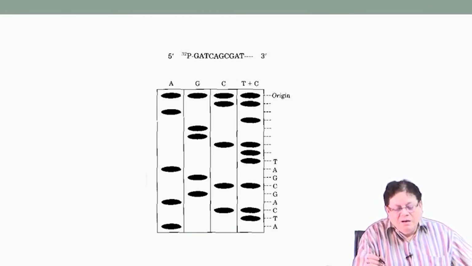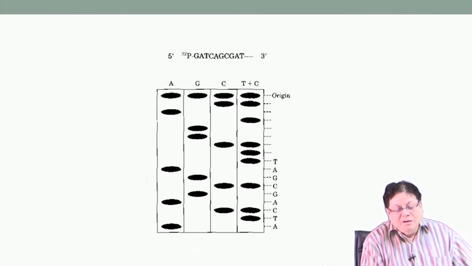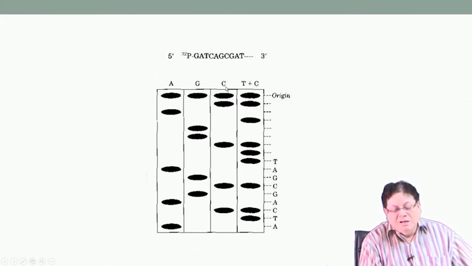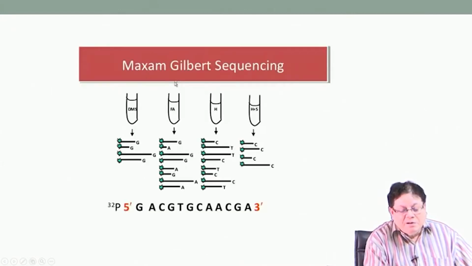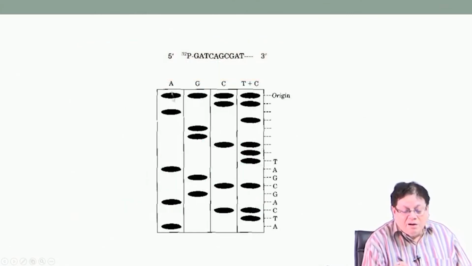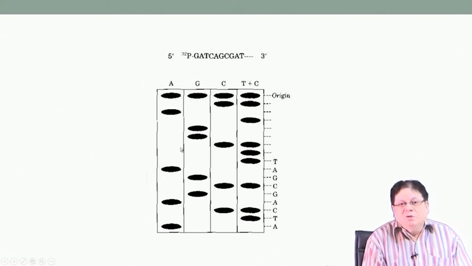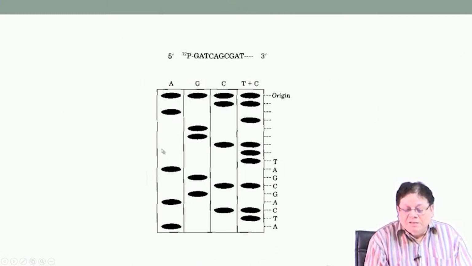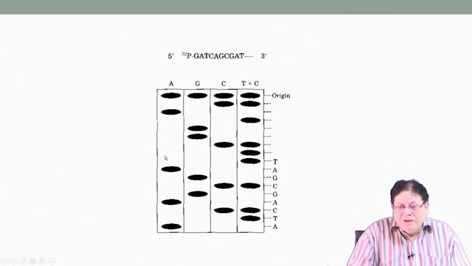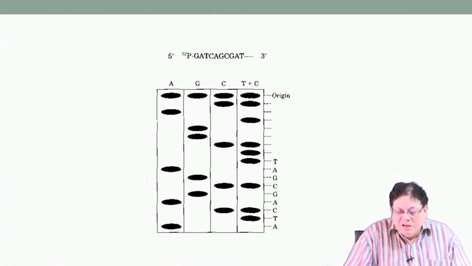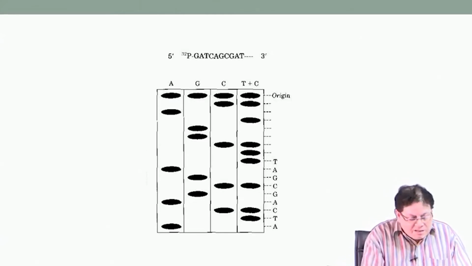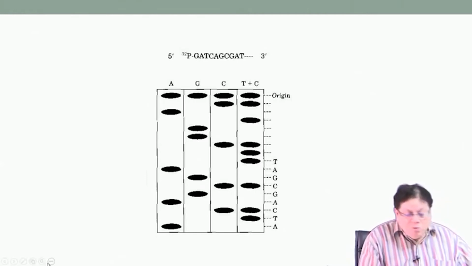Maxam-Gilbert. I just remind you that some books have written that there are 4 lanes: one is an A specific lane, another is G, another is C, another is C plus T. But in practice, some bands which correspond to the cleavage of G can also appear in the A lane. That is why I said a G specific reaction, an A plus G specific reaction, a C specific reaction and a C plus T specific reaction, but that serves the purpose. Now, we will go to